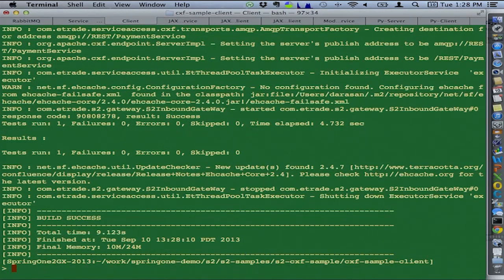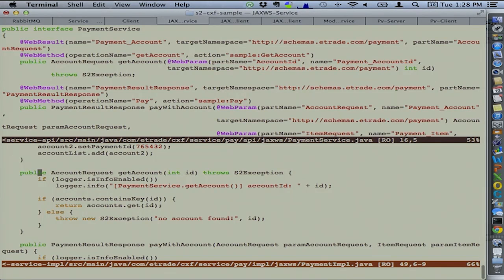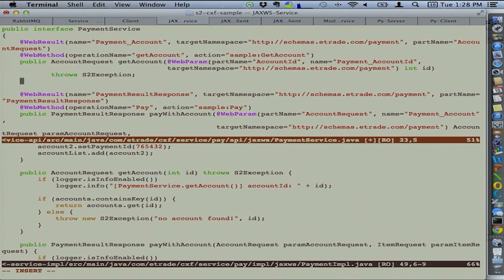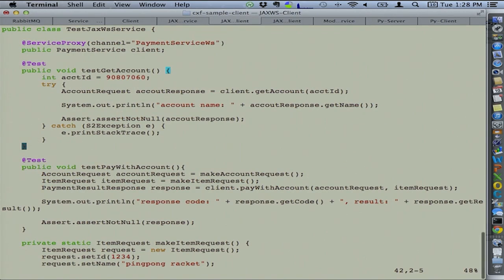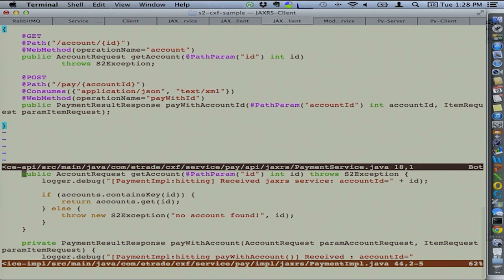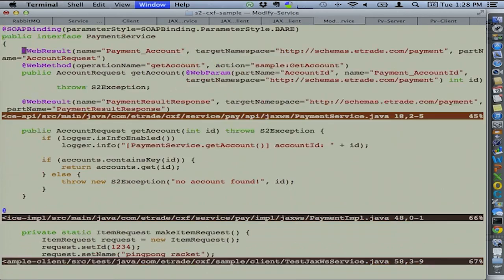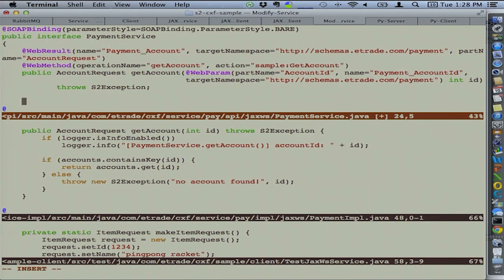So now what we'll do is, OK, all this is very nice, but how do we actually add a new method, right? I mean, maybe all this is just demo, but maybe things are not happening as I'm showing it. So live, and I'm crossing my fingers. OK, so this is read only. So I'll go over to a place where I have editor rights, so to speak, so modify service. So here, what I'm going to do is I'm going to add, I guess,